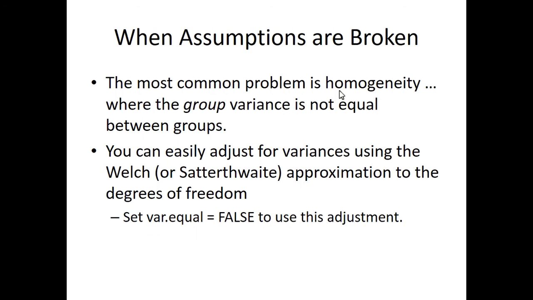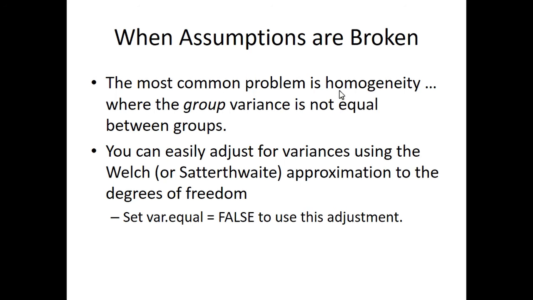So what do I do if these assumptions are broken? Well, this is actually an entirely different class, but I'll give you some ideas. The most common problem is homogeneity, where the group variance is wildly different in one group over another group, especially if n isn't equal. So if one group is twice the size of the other group, it's really hard to match variances. You can adjust for variances using the Welch test or Satterthwaite test for degrees of freedom,